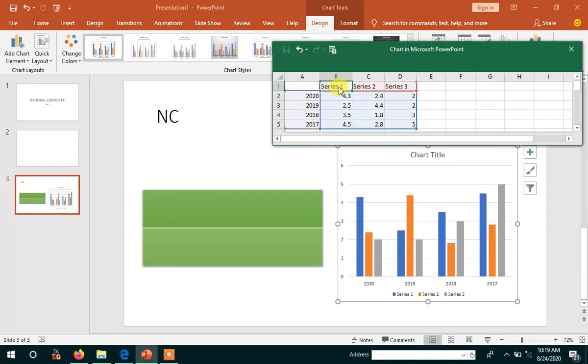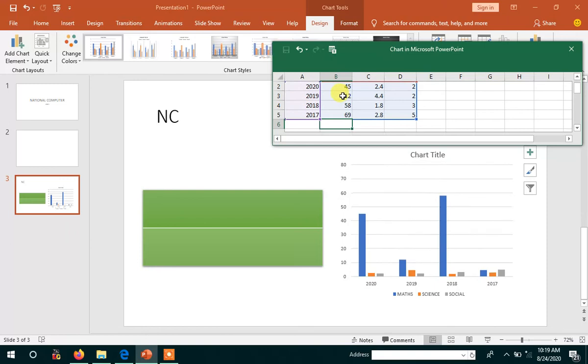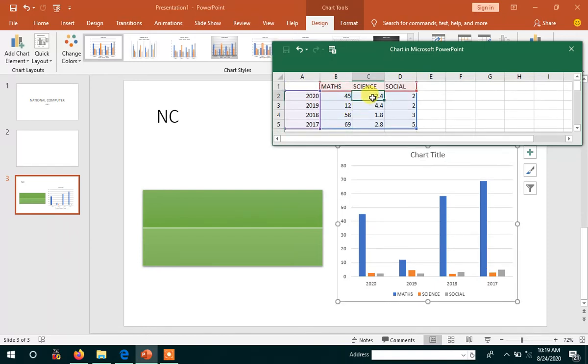Then this is math subject, and then science subject, and then social subject, like this. All these are the marks. Now I am going to change these also.